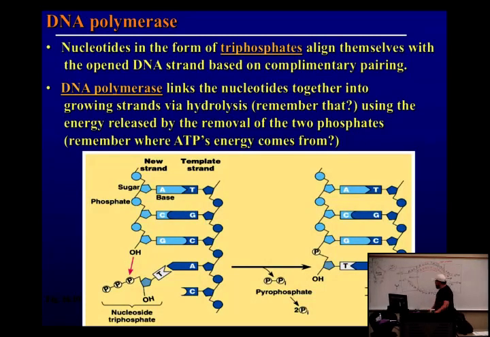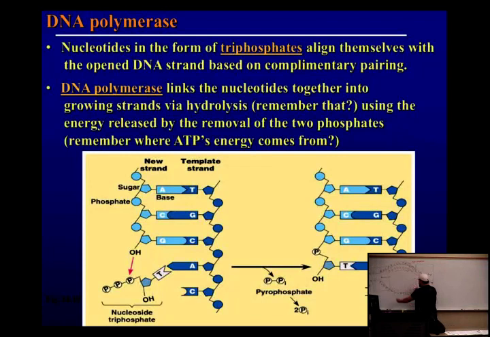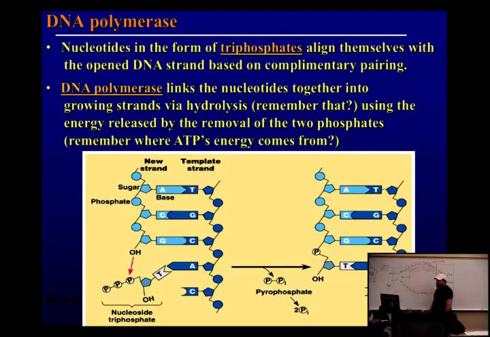So again, the polymerase requires it to be double-stranded. It can't fit on it otherwise. So let's say that there's another polymerase that comes along and sits on here. It doesn't know any different. As long as the requirement is there, it'll bind. It doesn't matter if this is a human or a mouse or a monkey or a bacteria, it's still going to bind like this. So as long as this requirement is there, the polymerase will bind. And then, so what's on this 5' end? What's on that end? Phosphate. Right? And what's on this end? Hydroxyl. Hydroxyl group. So which direction is the DNA going to be copied here?